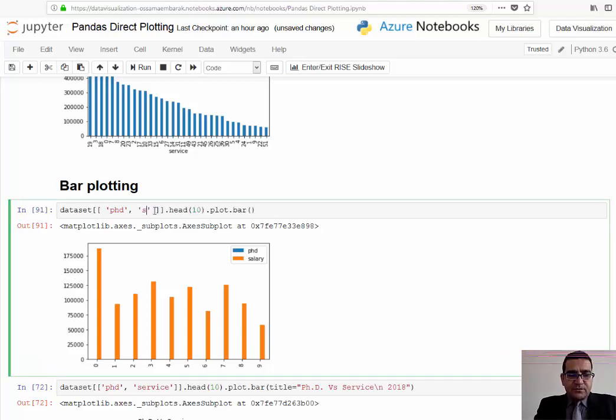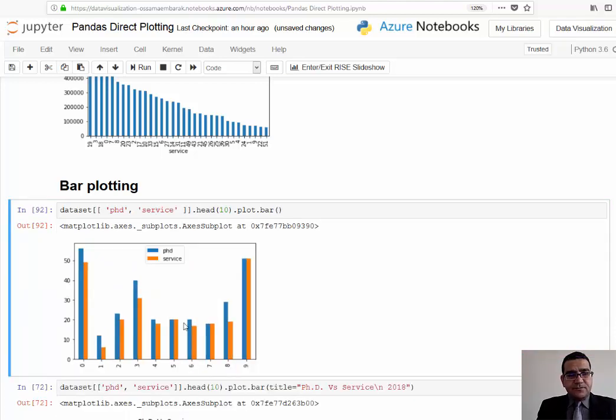So here I move it back to service, okay, and as we see here there is a correlation somehow between the service and PhD, years of service and